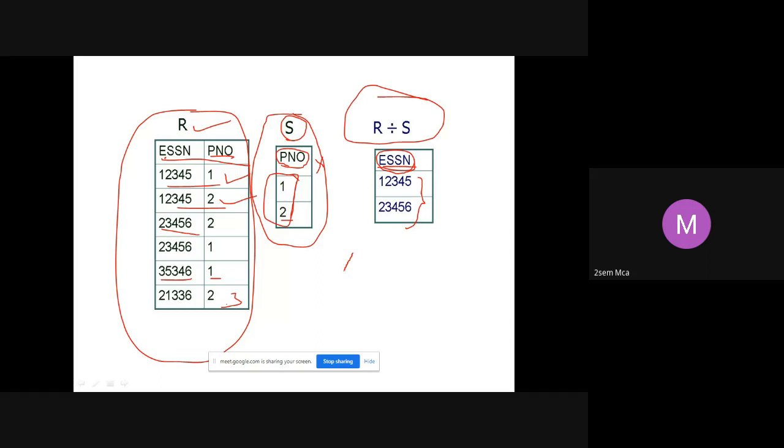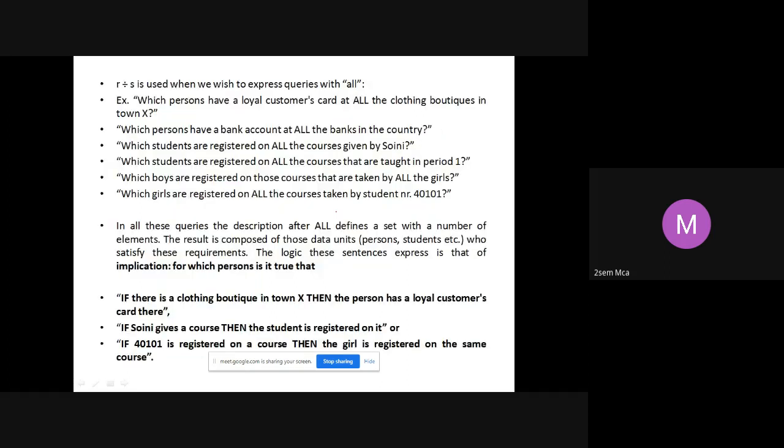Now, wherever you want to write queries which are of the form all, that is where you make use of this division operation. I will give you a couple of more examples. These are the kind of queries wherein you will use this R divided by S, when we wish to express queries with all.